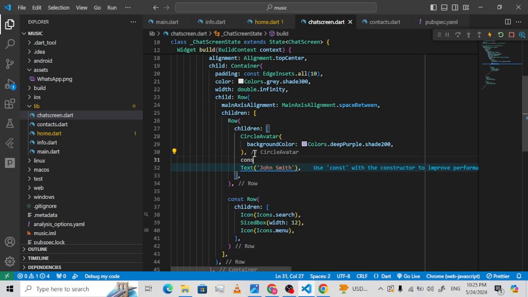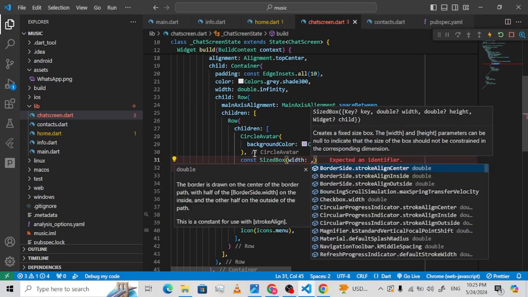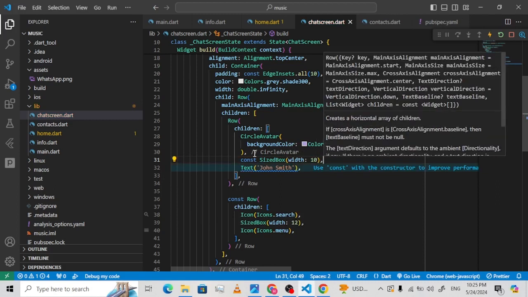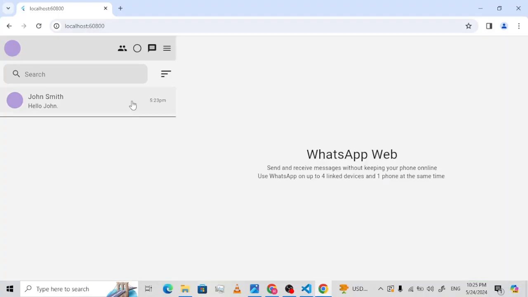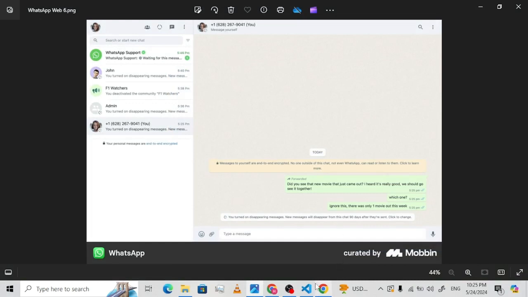And also our const size box. Let's put it over here. Let's give it a width of 10. And the comma comes over here. So let's save this and see the output. We have it looking like it should. Over here we have it the same. That looks much better. So the next thing we do is the text